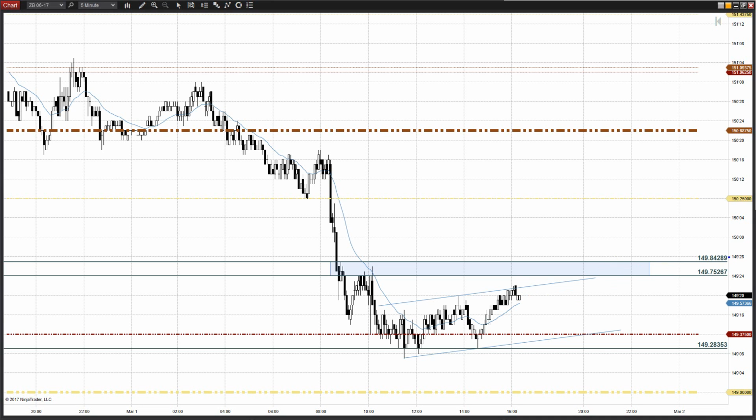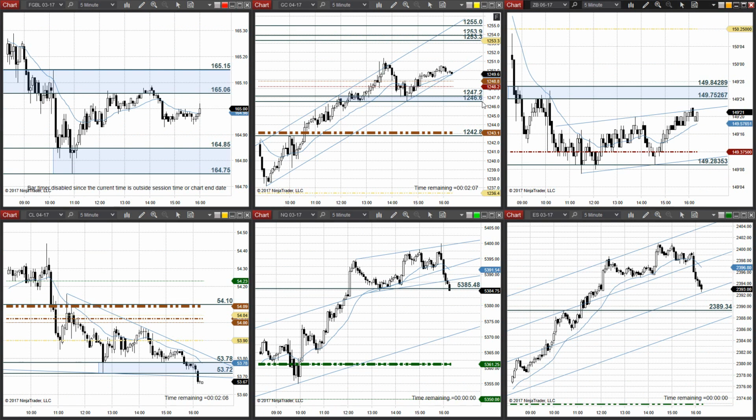So I'm going to be looking to sell it around 149.28, possible head fake above the highs for one more attempted push down to the bottom. Now, it may not make it all the way to the bottom because of that support coming in at 10, but that's kind of what we're looking for. Sell high so we can get one more attempt at the bottom